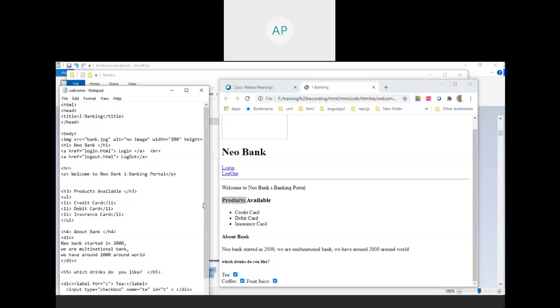Whereas now we are learning only HTML. HTML is going to create only static web pages. You can create only static web pages by using HTML. And if you want to create dynamic web pages, then we should use technology like JSP or .NET to create a dynamic web page.